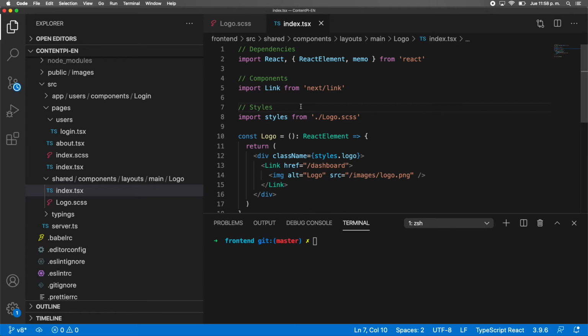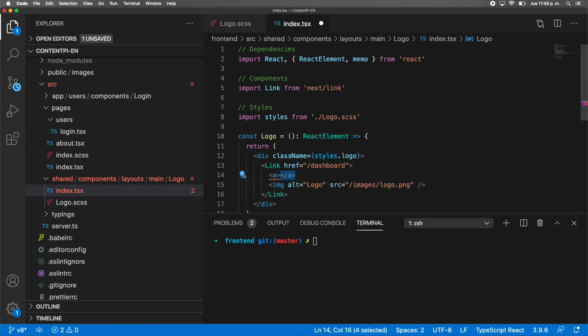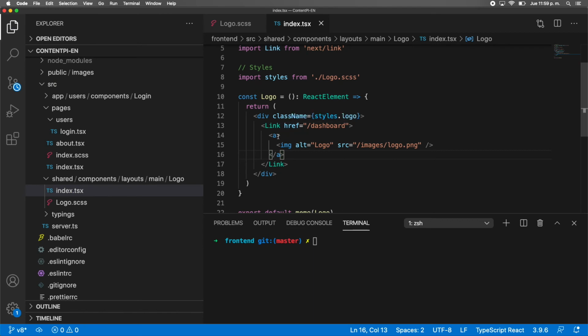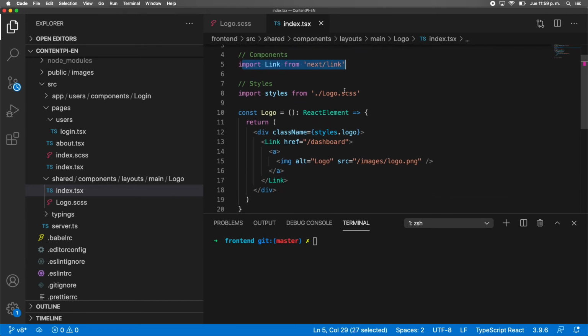In the next videos, I'm going to create our own link component that extends this one and adds a different behavior, because right now when we use Link directly, in reality we need to add the link like this, and then you need to add an anchor tag. I don't like that, so that's probably why I'm going to change this link component to be a custom one